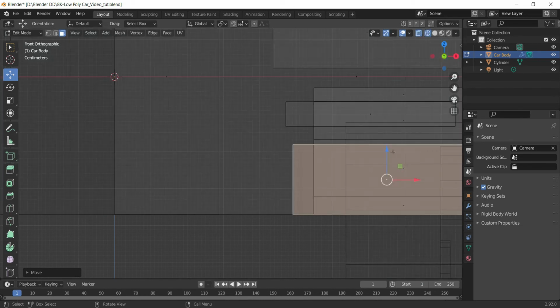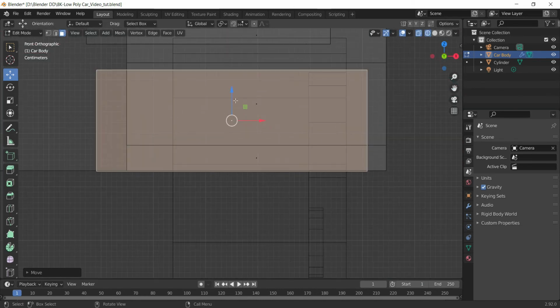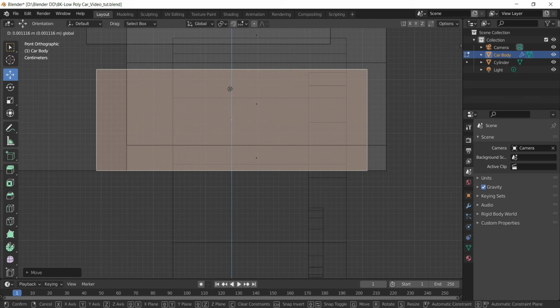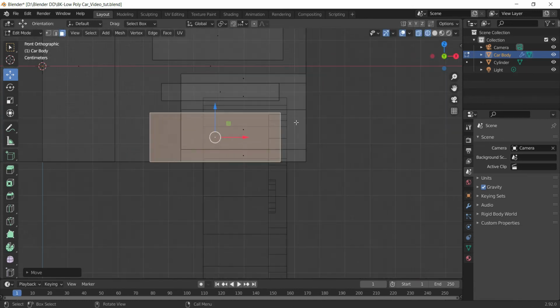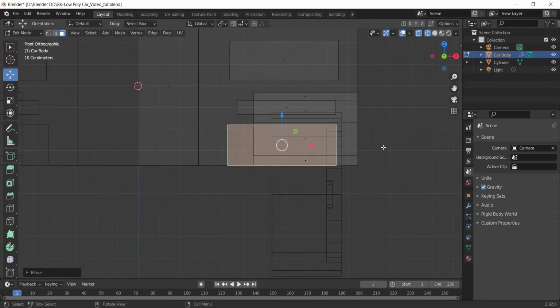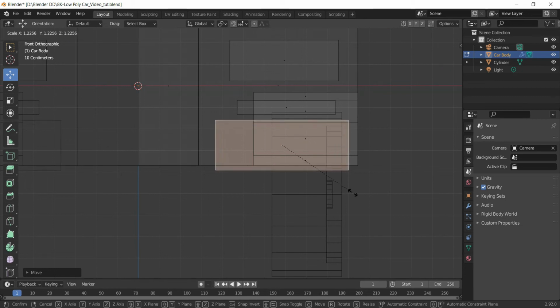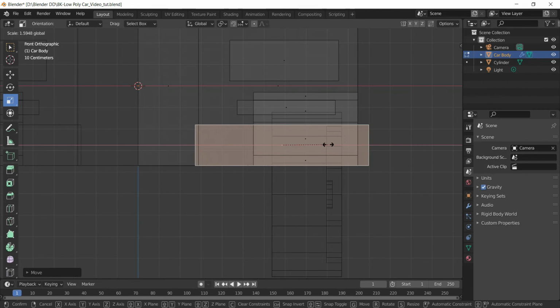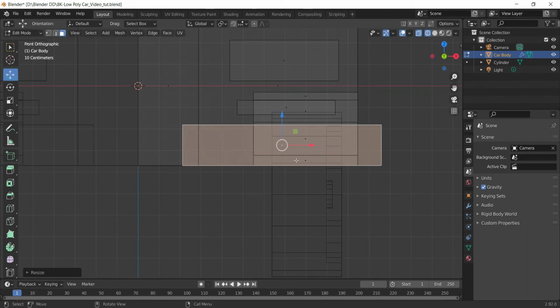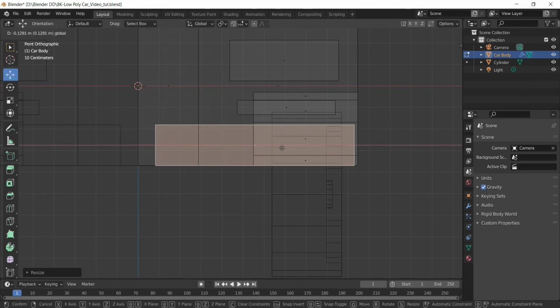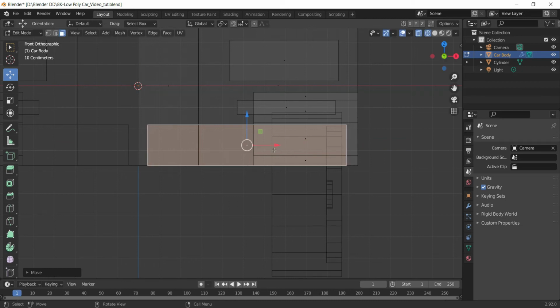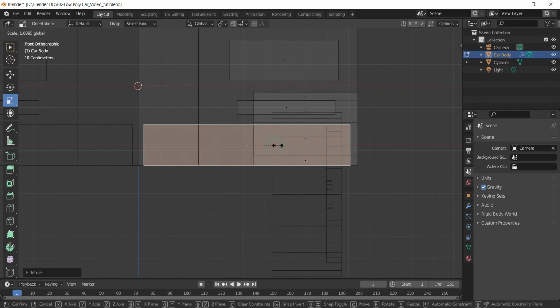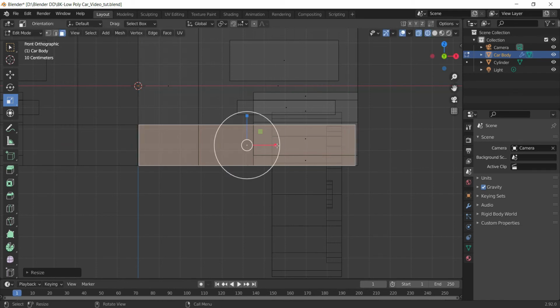Make sure to match it to the edge. All right. And then we will scale it to increase its width. Just a bit.